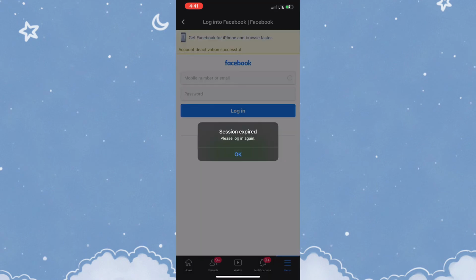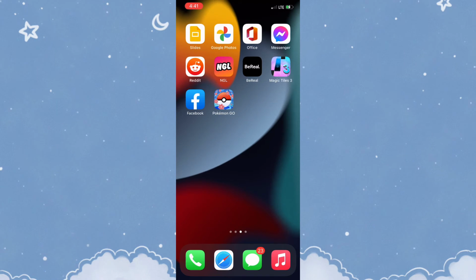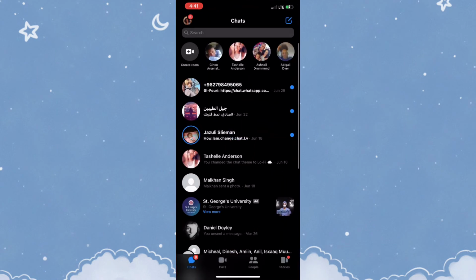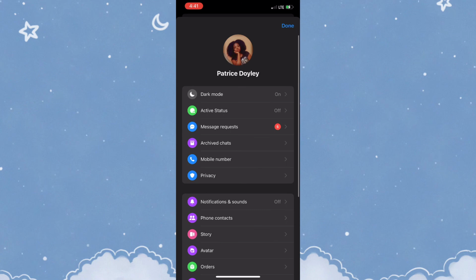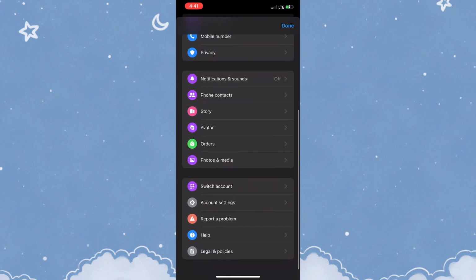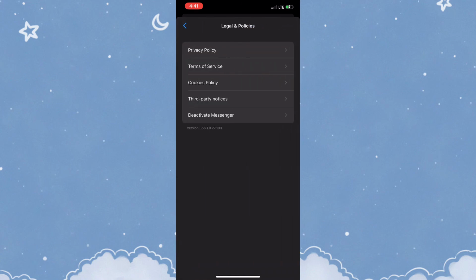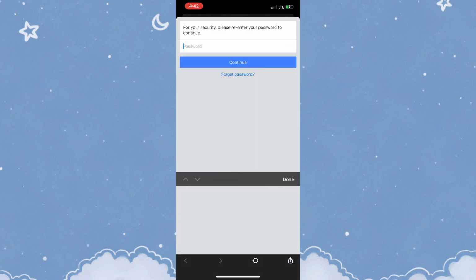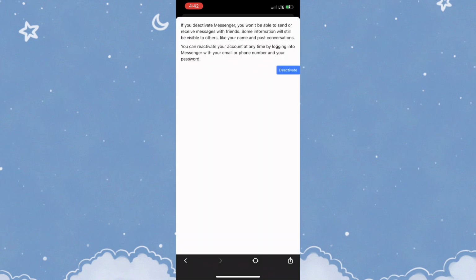and at this point you'd see that the account was successfully deactivated. Now let's head on over to Messenger to deactivate the Messenger account. So once you open Messenger, you need to tap on your profile once more and scroll down to legal and policies, and you'd see that the option to deactivate your account is currently present. Now, once you tap on that, again, you'll be prompted to re-enter your password for security purposes,